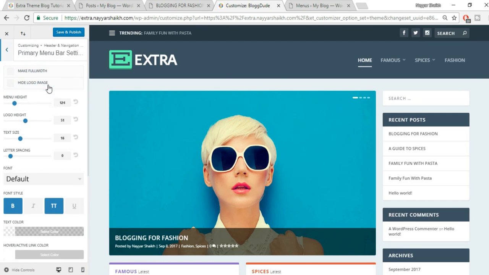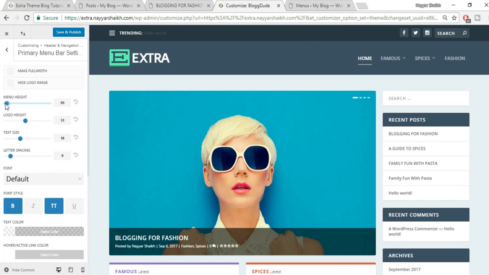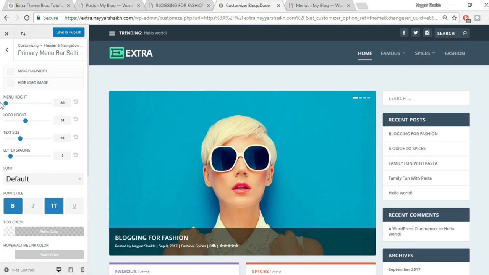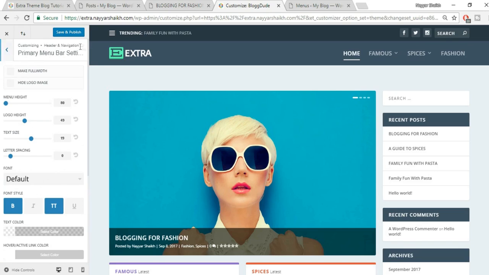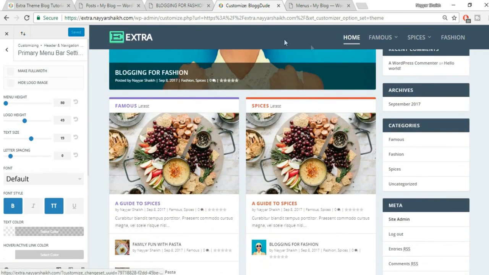Now the primary menu bar setting. Here is the menu height. Now let's decrease this menu height. As you can see, when I decrease, everything changes. So I am putting this as 680 over here. Now logo height, you can increase or decrease this also. At present it is 50. Text size, you can increase or decrease from here. Then we have letter spacing and some different options. Now click on save and publish, and when we scroll down, as you can see, this is